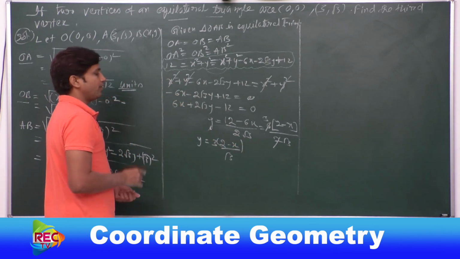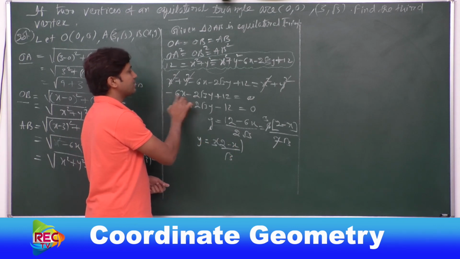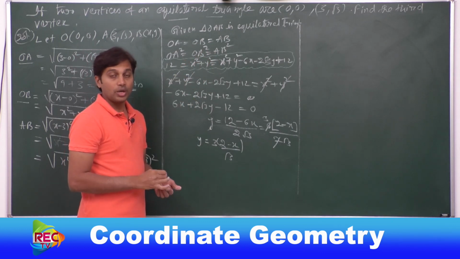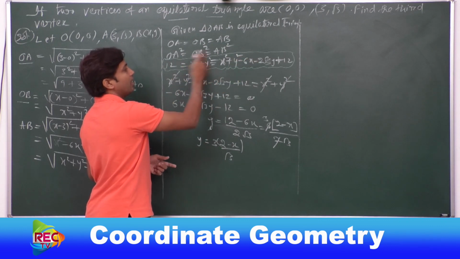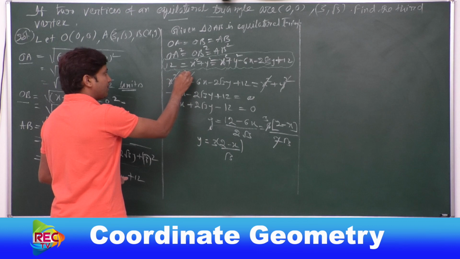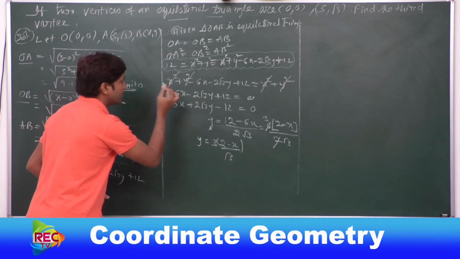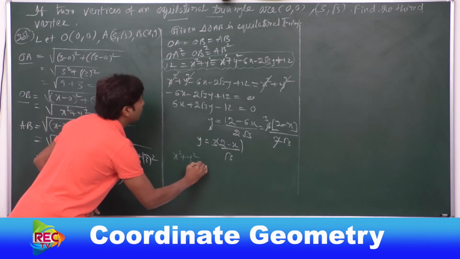Okay. Now we obtained the value of y in terms of x from this equation which we obtained from this relation. Now let us take one more relation from this main one. See here, let us take equality between these two. These two are also equal or not? Let us take them. Okay. So x square plus y square equal to what?